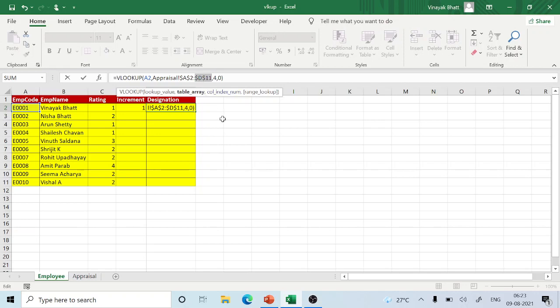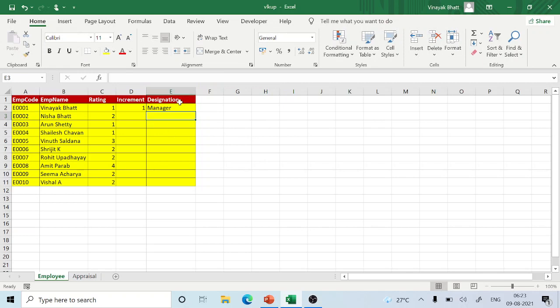So you'll get $D$11. Now why it is required, I will explain to you. Whenever I copy this function to the next cell, if I put $A$2, this will remain the same in all the corresponding rows.